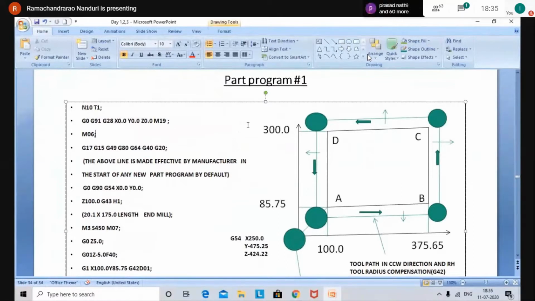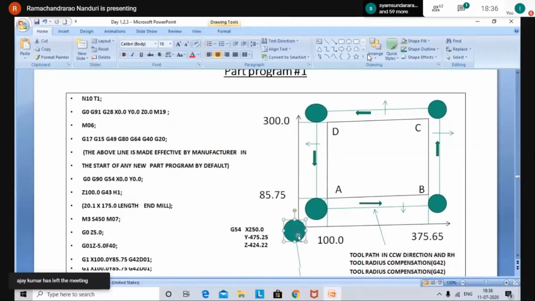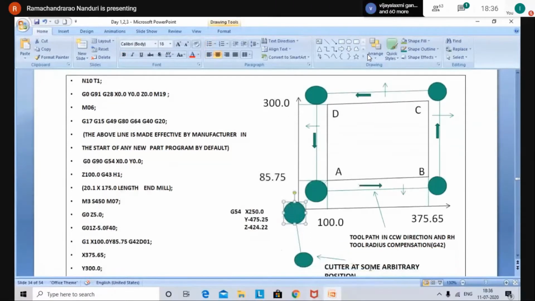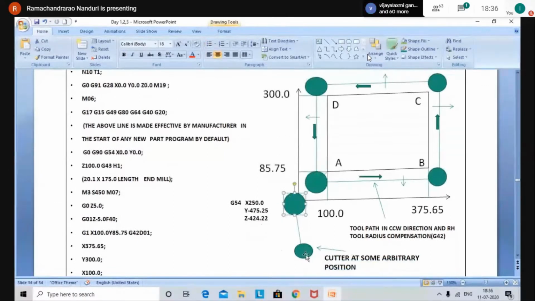So for our convenience, I have shown you a square ABCD, and the origin is this. This is the origin, O. Here, let us assume that the cutter is at some arbitrary position on the machine. The cutter will be the spindle center or the cutter center, both are same.